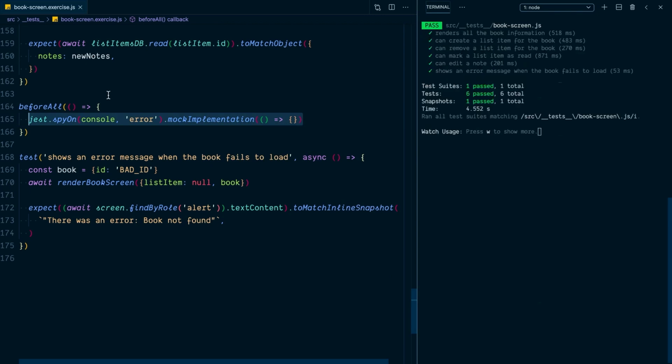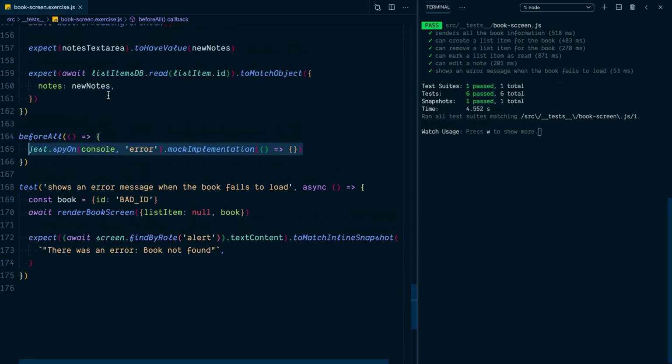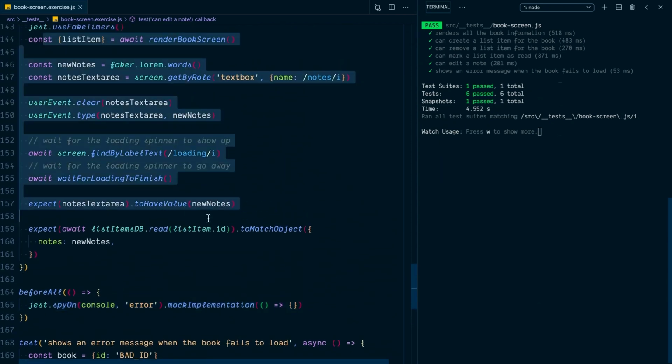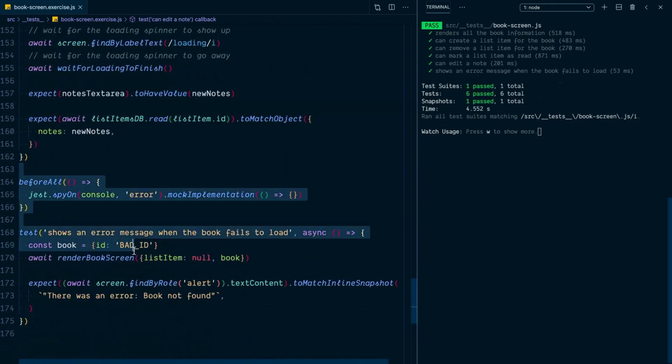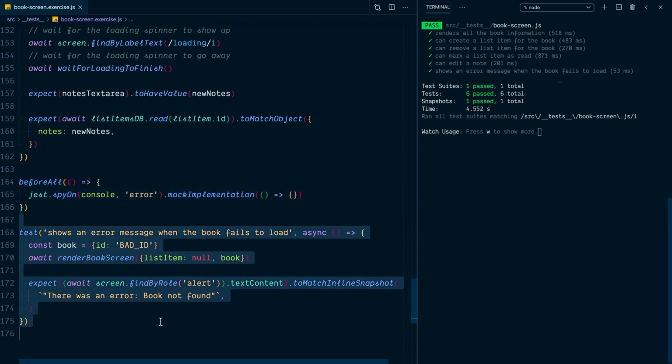And that works out great. The error's gone. We're happy. We can ship this, whatever. But what happens in the future when somebody adds something to the test or changes the implementation or something that actually triggers a console error to get called? Well, now we're not going to see it because we've mocked console error to do nothing. And so we really only want to mock console error to do nothing for this test,